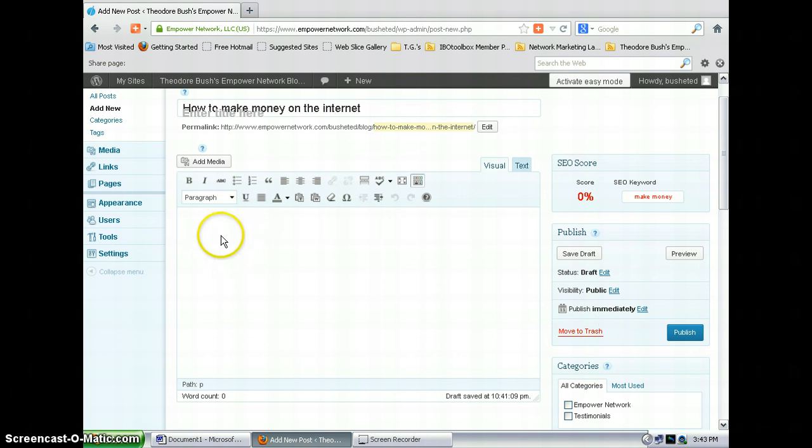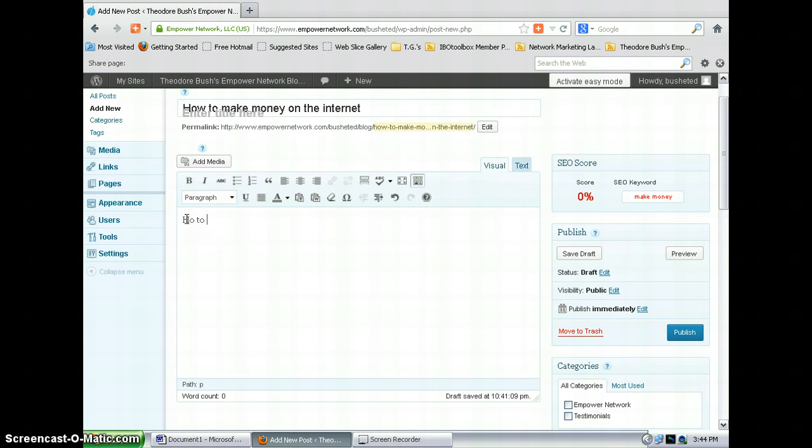Once you've written your blog, at some point you want to have your keyword in a sentence and or a header, and you want to highlight it. Let's just say, hypothetically speaking, I've already typed a whole body worth of stuff, and now my cursor is below what I've typed, and I've got more to go, but I'm going to make a header on the next paragraph, and the header is going to say,